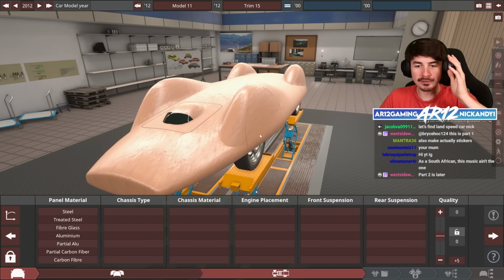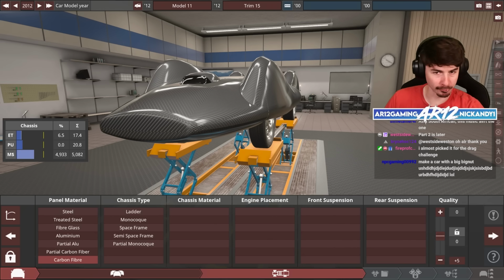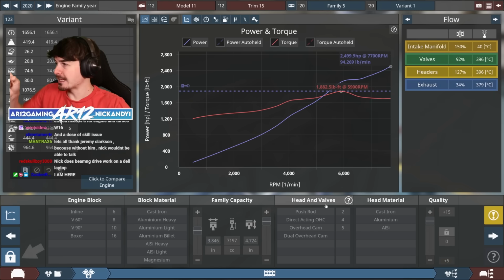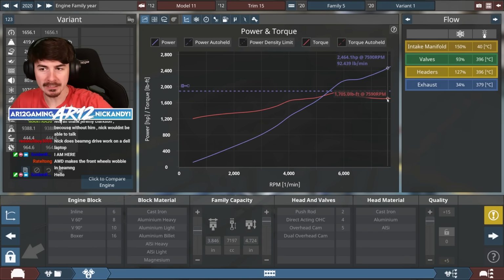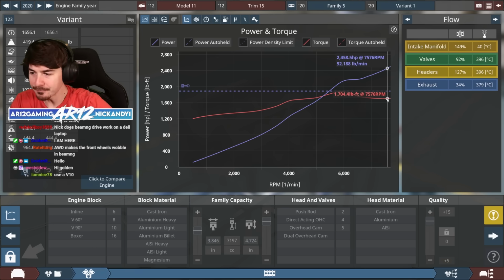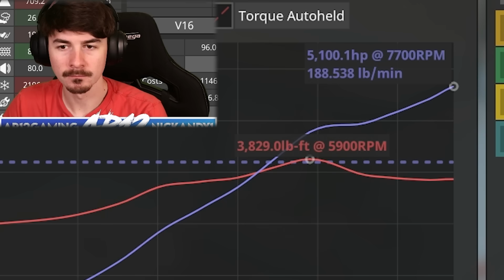I am gonna turn this into the world's fastest wheel-driven car. We're gonna need to use all of the modern elements. Carbon fiber, fancy suspension. It's gonna be very powerful, okay? This is actually the engine that I used for my drag race build. I thought this would be a good starting point, but I could probably take this engine and make it even better. If I go from a V8 to a V16 for...